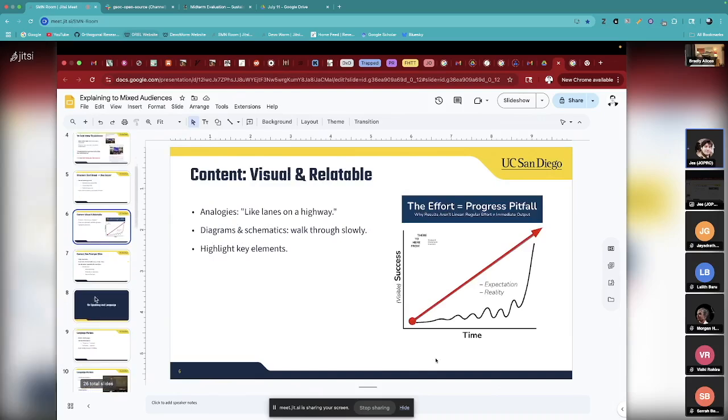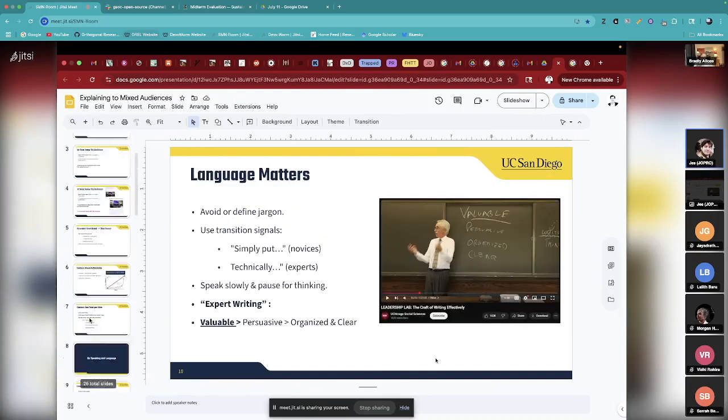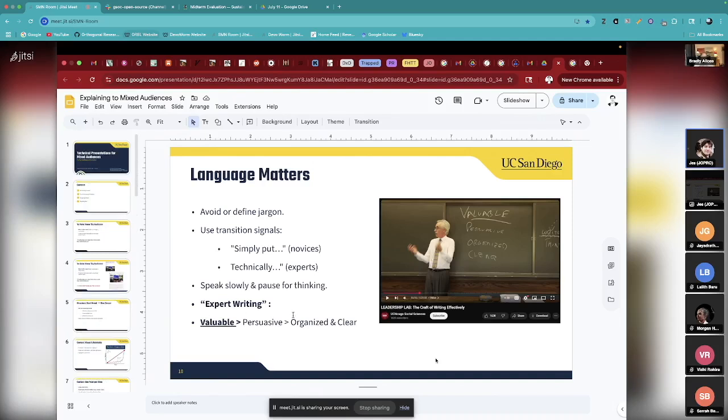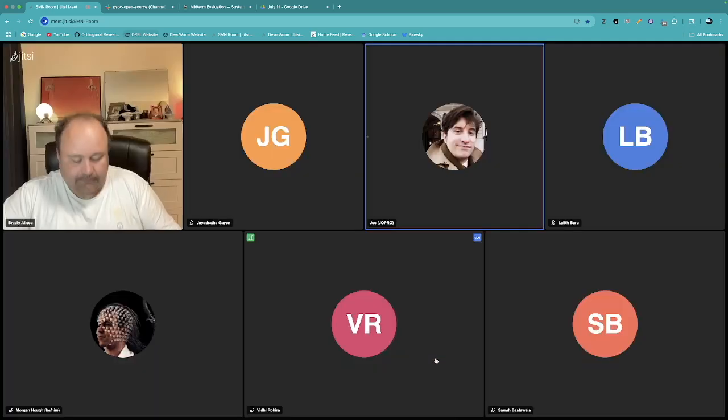I go into some diagram stuff and then expert writing and a few other things. But we'll get into that more next time. But this is sort of a nice preview for that. So if anyone has any other specific comments or questions to add on to that would fit in this category that we can refine for when we talk about it more next time, let me know. But otherwise, that'll be just a teaser for a longer presentation ahead.